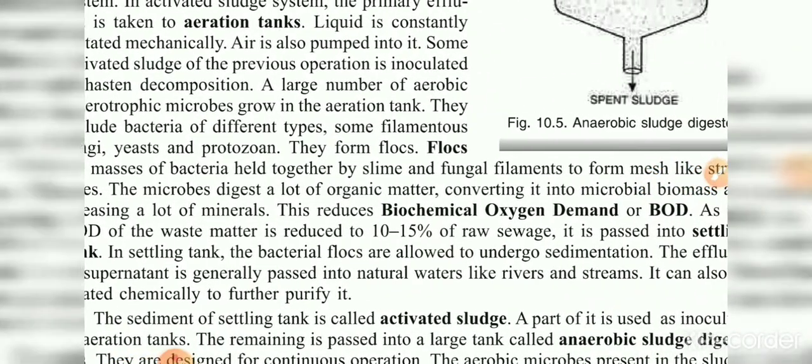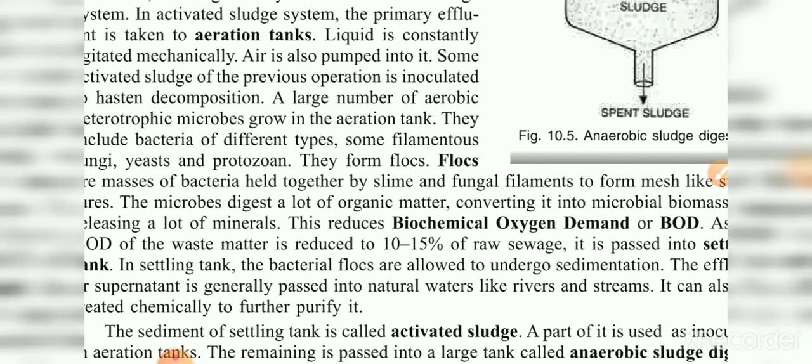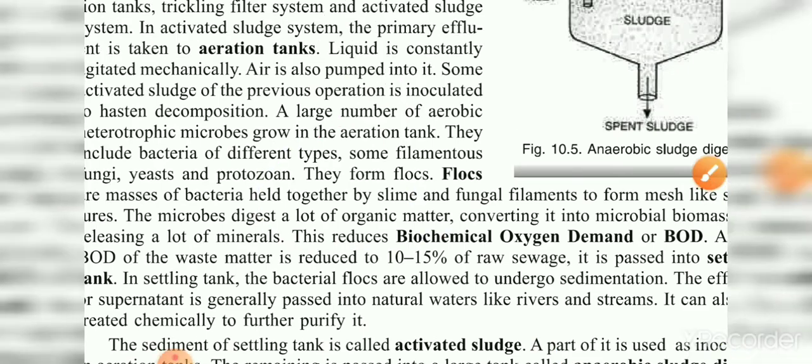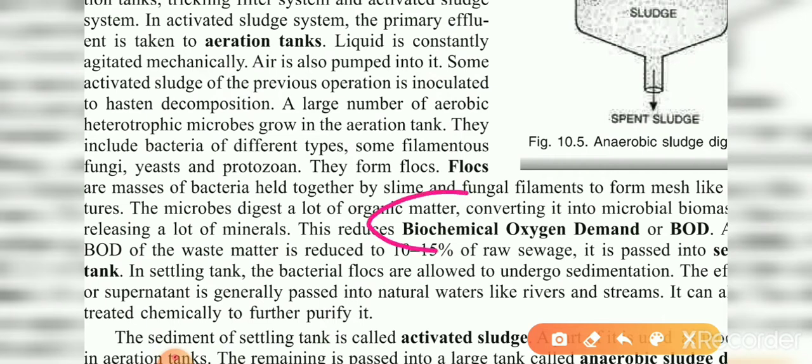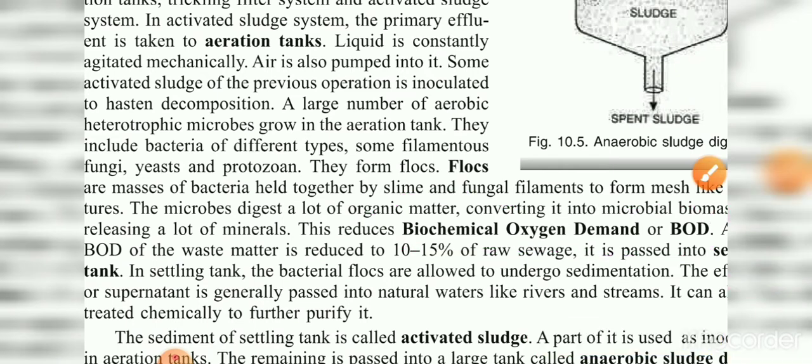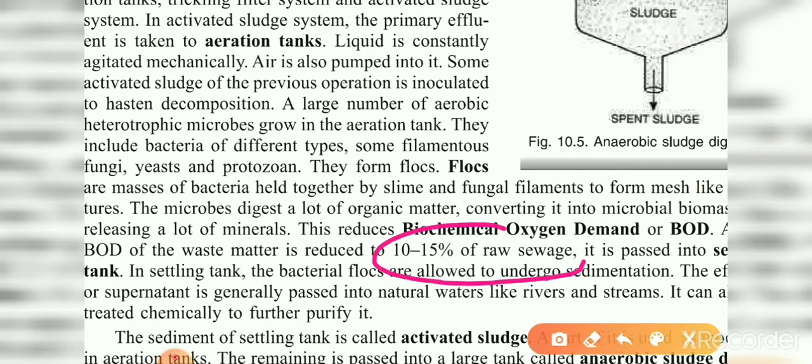And for the decomposition they start consuming oxygen of the tank. Because of that, the BOD of the tank, biological oxygen demand, will get reduced. And when the BOD gets reduced to 10 to 15% of the BOD of the raw sewage,